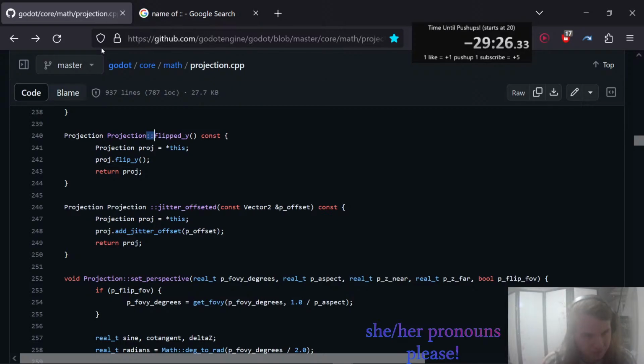Projection double colon jittered... offset it okay whatever. Projection::jitter_offseted(const Vector2 &p_offset) const { Projection proj = *this; proj.add_jitter_offset(p_offset); return proj; }